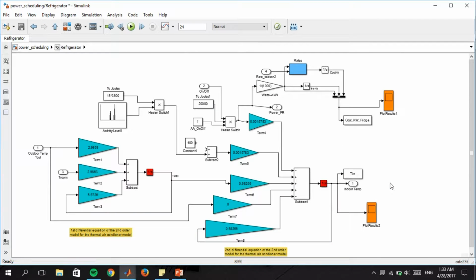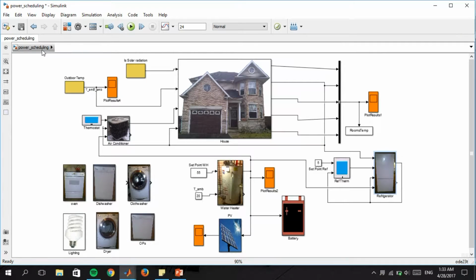Here we have the subsystem. We have many subsystems here. We want to calculate the temperature outside the refrigerator, and the system will turn on at a certain temperature. So we go back to this block diagram. We go to the water heater. We click on the water heater,